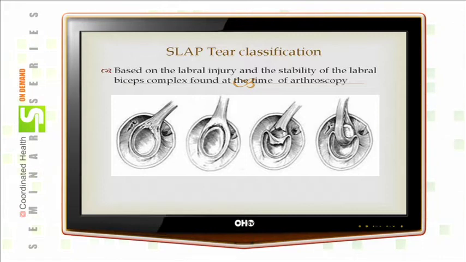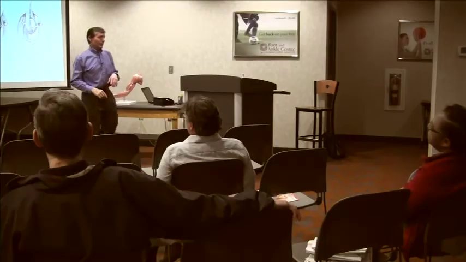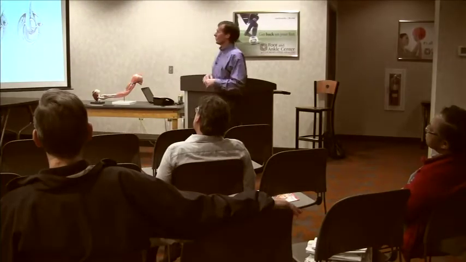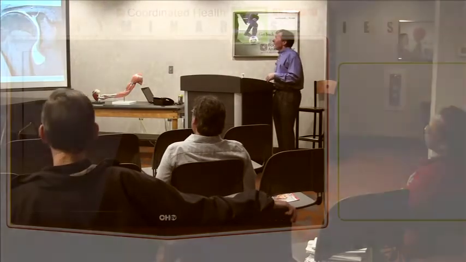But I will tell you that I get MRIs on guys in their 50s, and many of them have that type of tear. But this tear is significant, this tear and this tear and this tear in my throwing population. So I grade these tears, and you can see the different types. This tear involves a little bit, there's a more full thickness tear. This involves the biceps tendon. This involves the biceps tendon, but goes all the way up into the tendon. That's a significant injury. And so these are different than those Bankart lesions that I was showing you on the previous pictures. And I repair these.